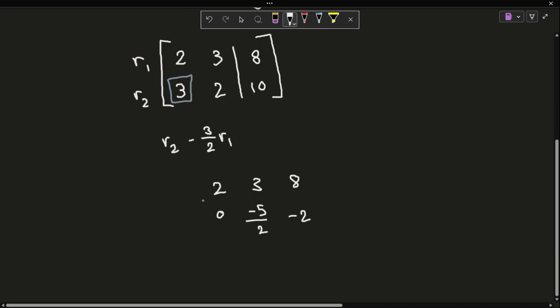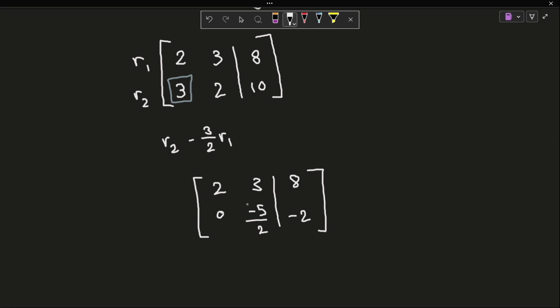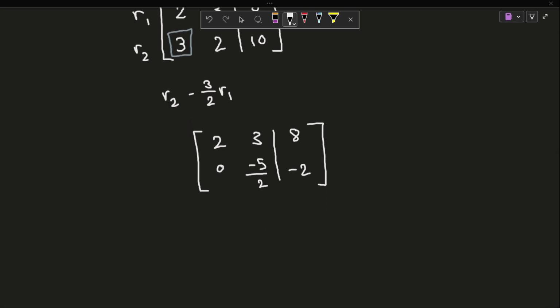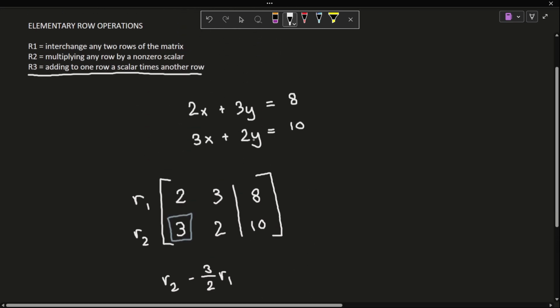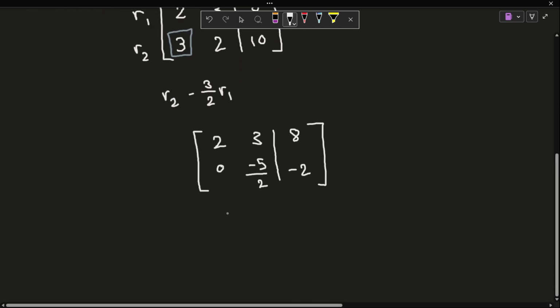And you obviously will do this to each value in the first row, multiply by -3/2, and then add it to the next one. That's why we get this here. Okay, so that's great. So this is a lot easier to solve because now we only have one coefficient for whatever y will be. So now we have the augmented matrix.